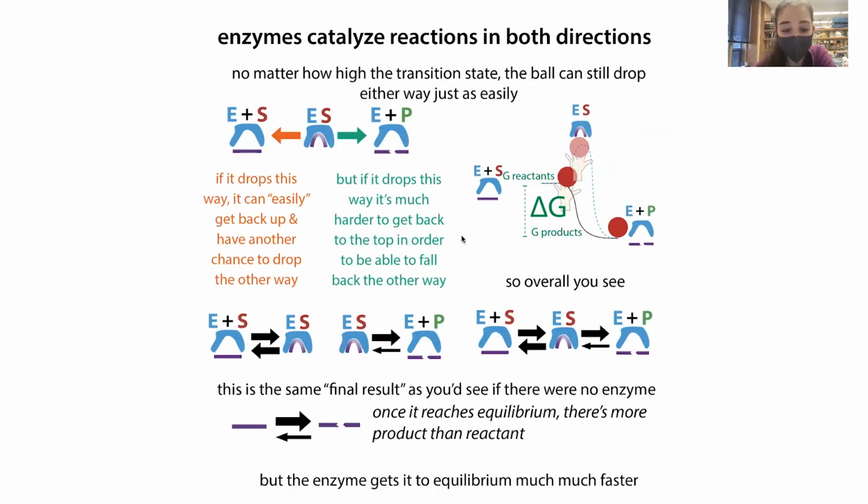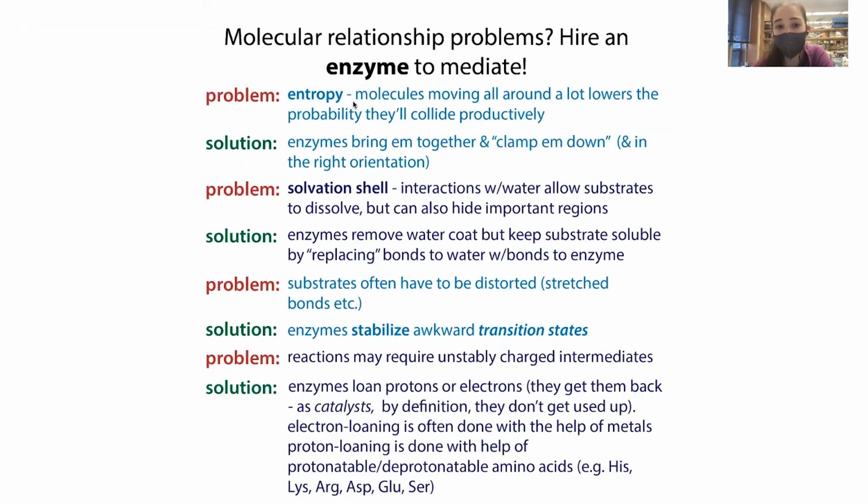So you can think of it like breaking a stick: we can talk about having an enzyme plus a substrate. The substrate binds, you have this enzyme-substrate complex, and then the enzyme breaks the stick and you get enzyme plus product. The enzyme is going to make it easier to get to that breaking point. And it can do this by doing things like